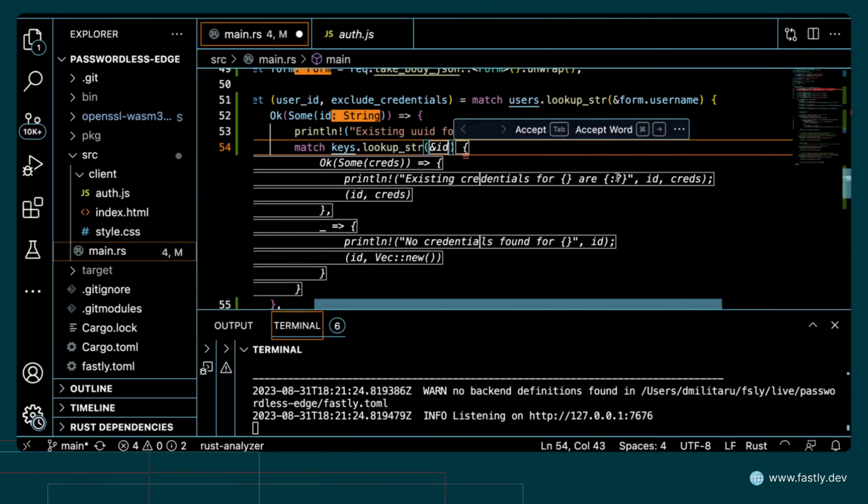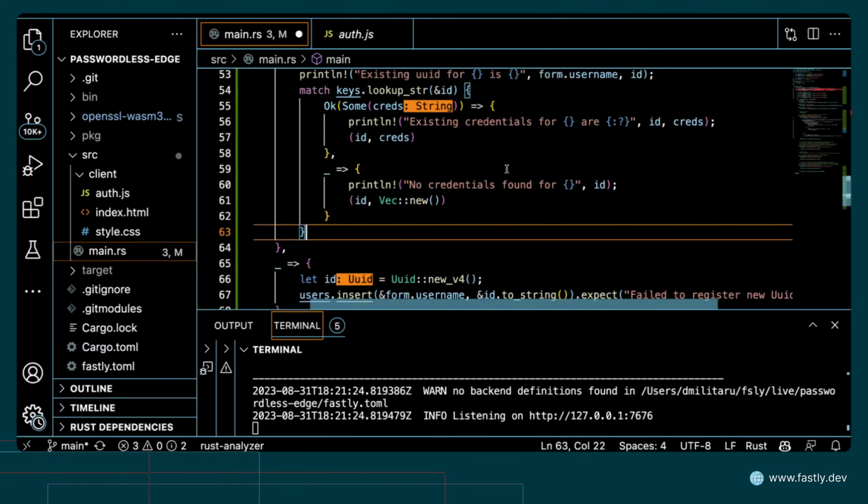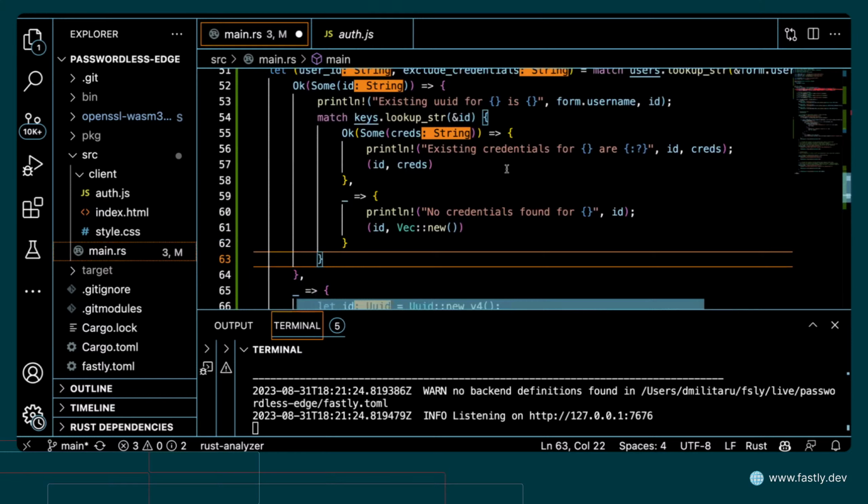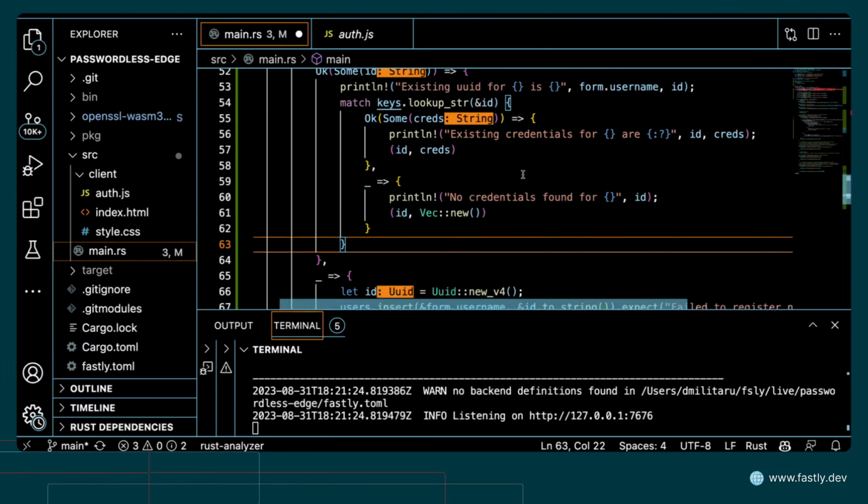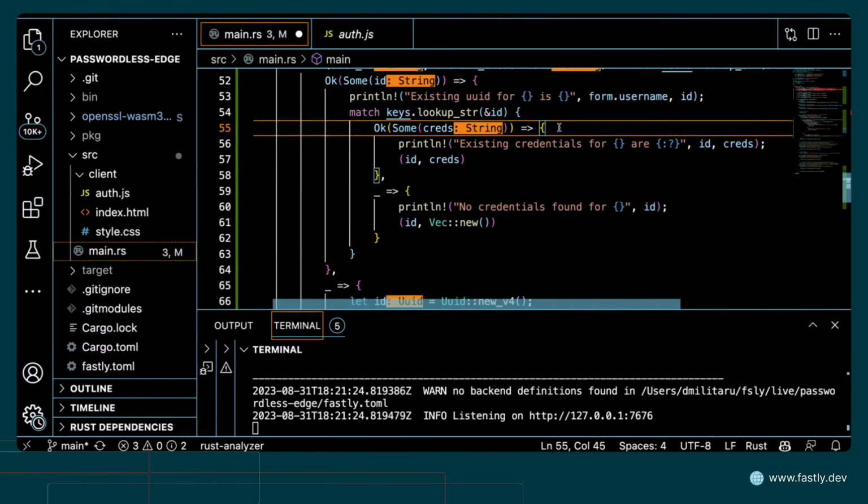Now that we have a UUID, we're going to look up in the keys any credentials associated with the UUID. If we have those, we are going to parse these, unwrap them. So